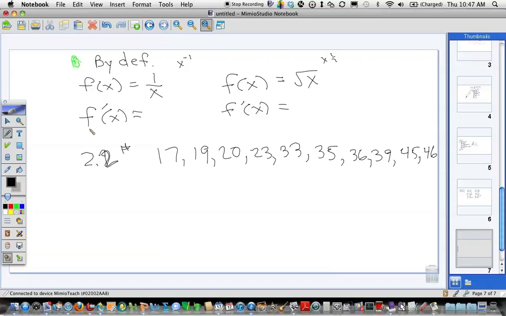I guess you might think it might save you time to go directly to the second derivative, but yes, you may. All right, so here's your pattern. Here's what the first couple are looking like with the 1 over x and the square root of x. When you get to the square root, if you need some help with